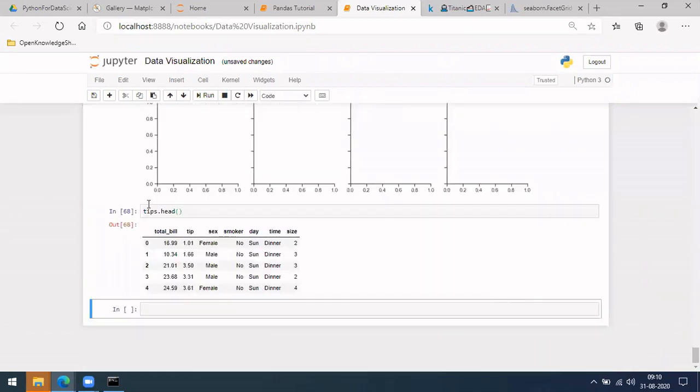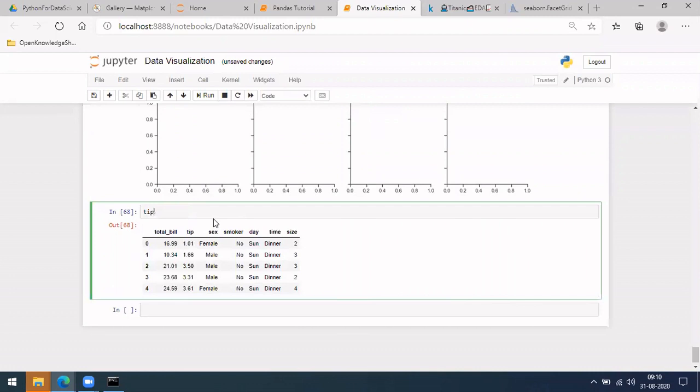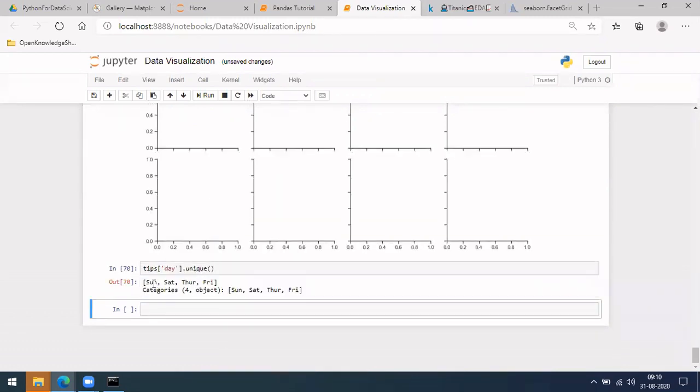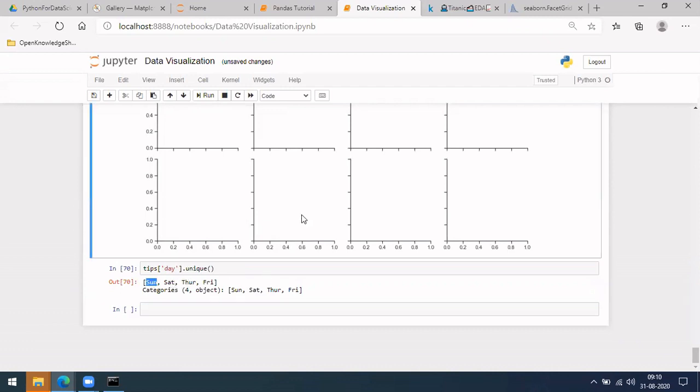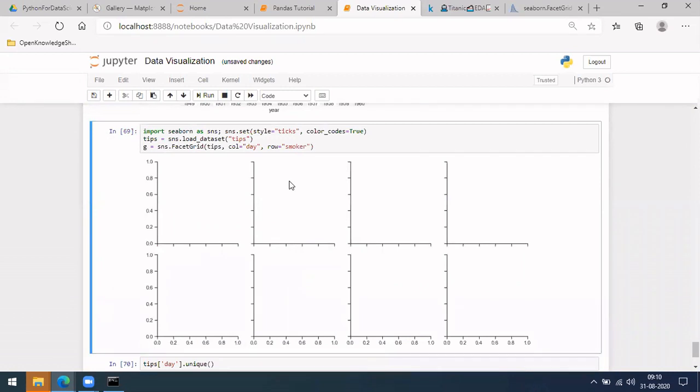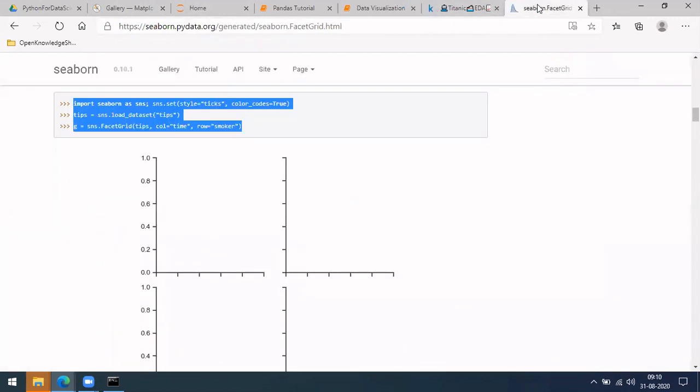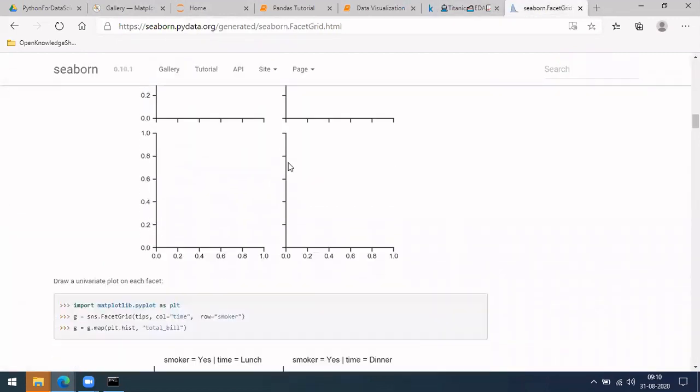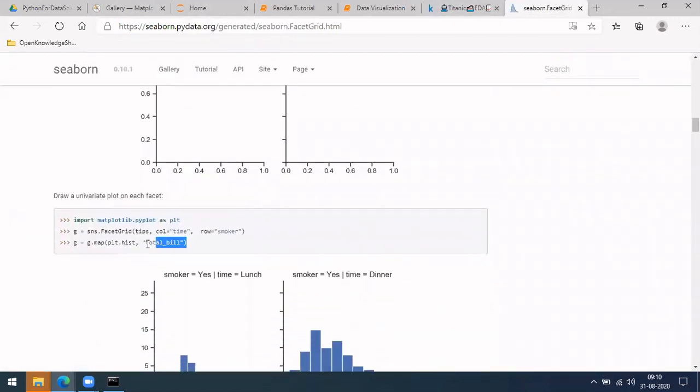Let me check with unique. If you see, there are four: Thursday, Friday, Saturday, Sunday. So it has created one column for each, and similarly rows for smoker and non-smoker. Let me do map in the end.